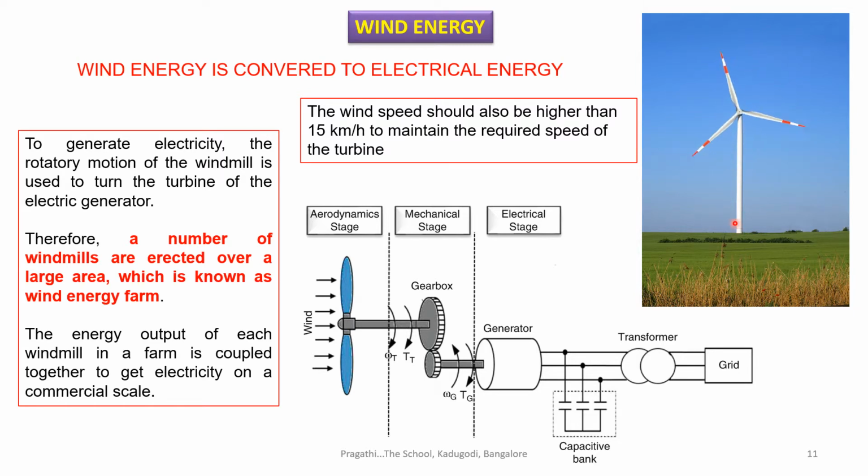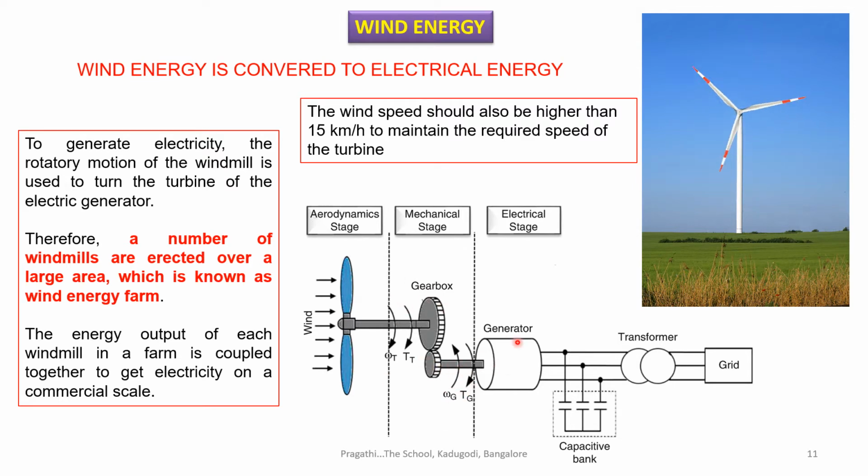The air blows over the wings and the wings start rotating. You can see here the wings, the air is coming here, and the wings will rotate. The wings are connected to a rod, the rod rotates, and this rod is connected to a generator. The gearbox is given here to increase the speed of the generator, because you are seeing here it is rotating very slowly. What is the function of the gearbox? The function of the gearbox is to increase the speed.